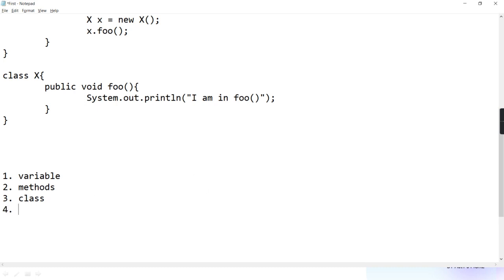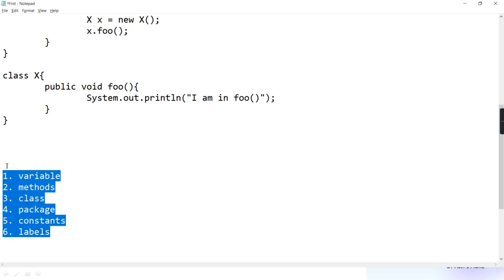Getting? Same way, name given to your package. Name given to the constants and literals, little bit different. I'll tell you what it is. So name given to the constants, labels are also allowed in Python. So labels, constant, package, class, method, variable, to all this, whatever meaningful name you give, that is called identifier.